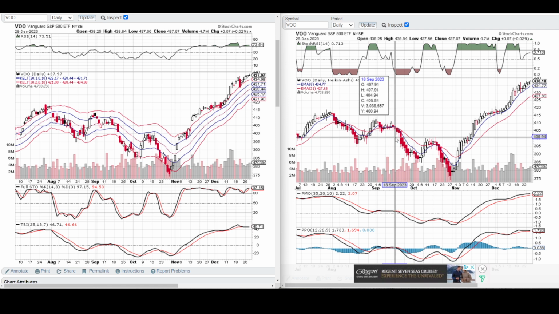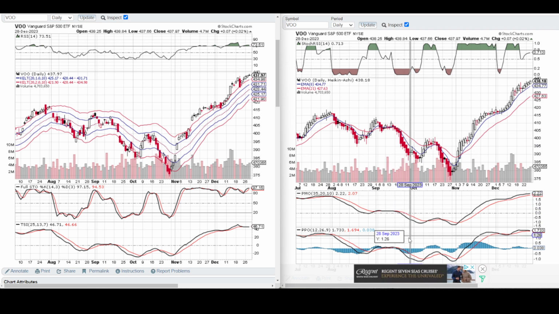And then we also saw on the last 2 charts on the bottom here, the crossovers downward. You can see, right here, September 20th, the black line went below the red, and also here on the PMO. So there were some clues. Okay, so